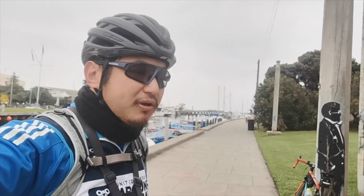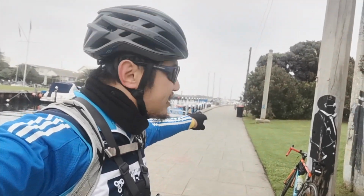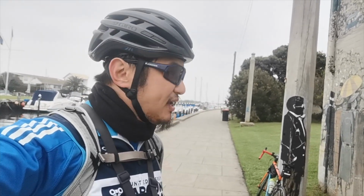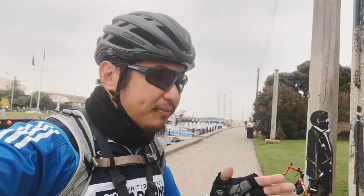Alright, a little bit of walking around Mordialloc Creek. So it's time to head back to Port Melbourne. That means this will be the end of one of the most highly rated cycling trails in Melbourne,